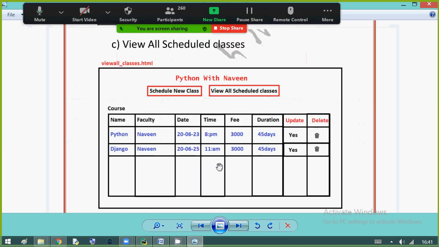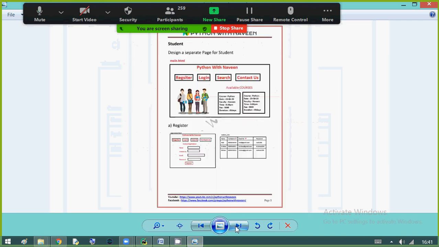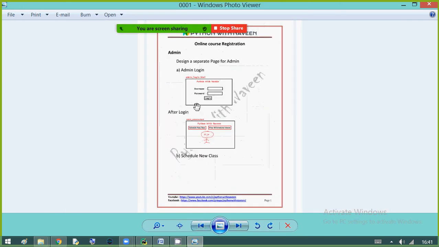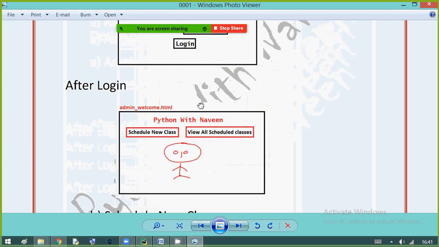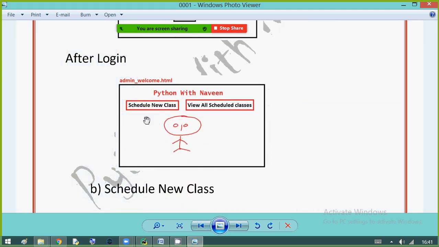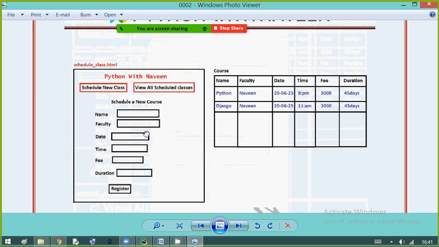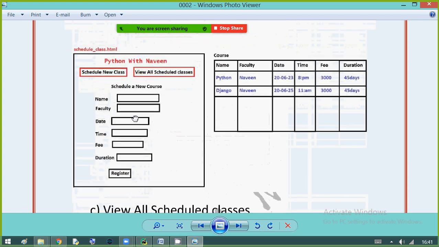Right. Now, that is about the admin part. I repeat, simple forms about the admin: need to log in. Only two options. One is schedule and view all. Schedule means it is going to save a record into the database.